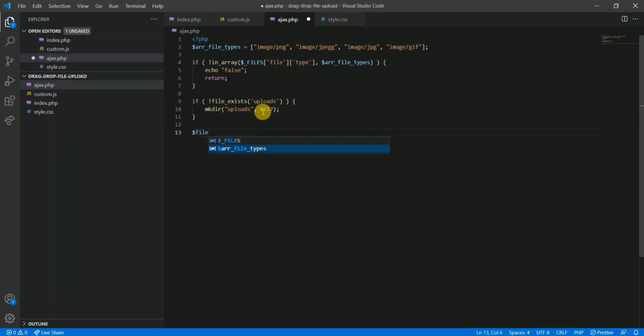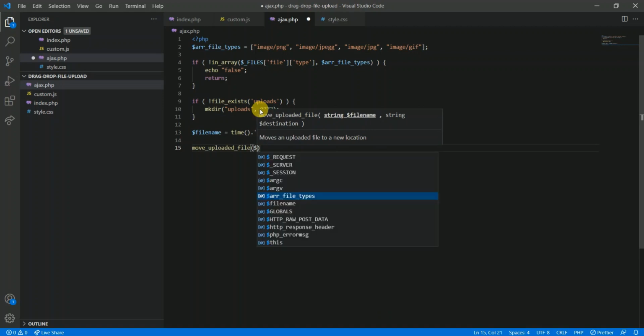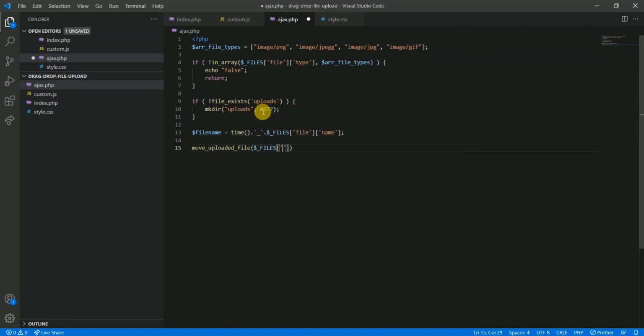Finally, each uploaded file should have a unique name. So I'm appending time, and our file name would be unique. Finally, using move_uploaded_file, we can upload it on the server.